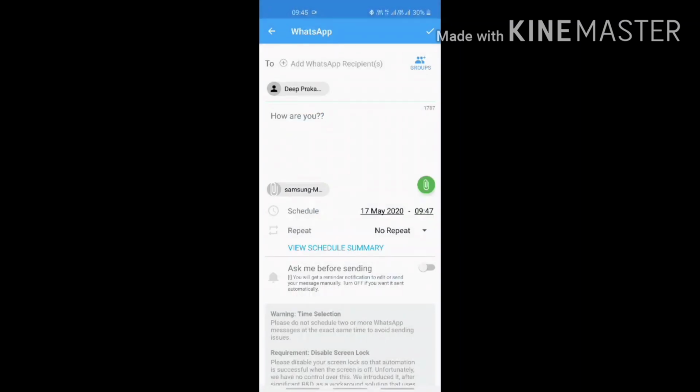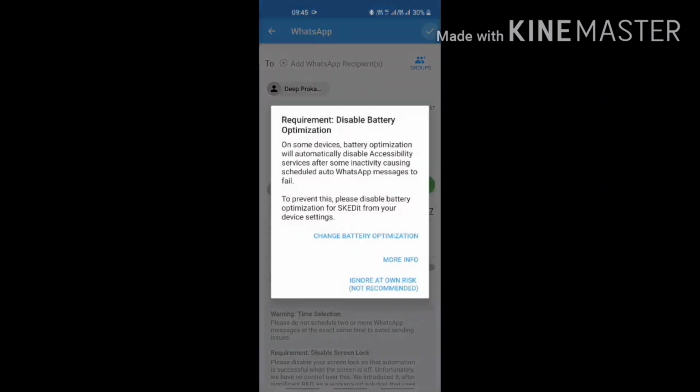Then there is a write option. Then the requirement comes: disable battery optimization, because on some devices battery optimization will automatically disable the accessibility services after some inactivity, causing scheduled auto WhatsApp messages to fail. So battery optimization should be disabled, or you can ignore it at your own risk, which is not recommended.